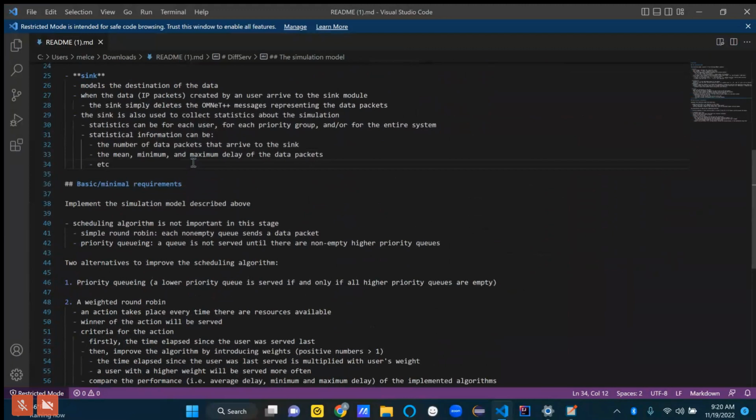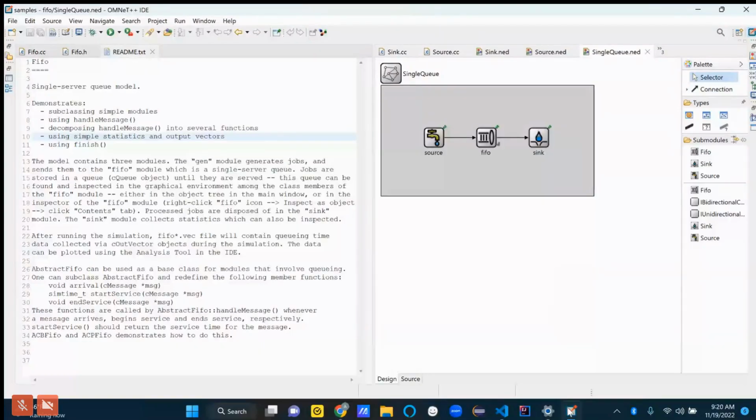So I think that's a good starting point, just to get ourselves set up to do all of that. So maybe a good idea for today is we'll take this code.